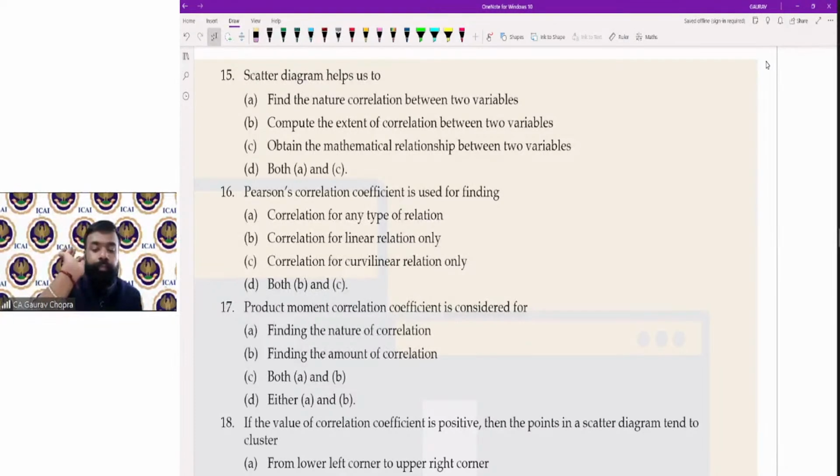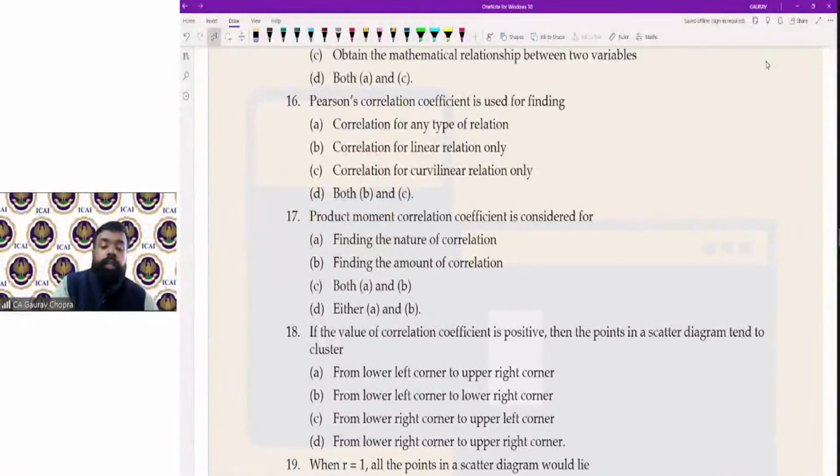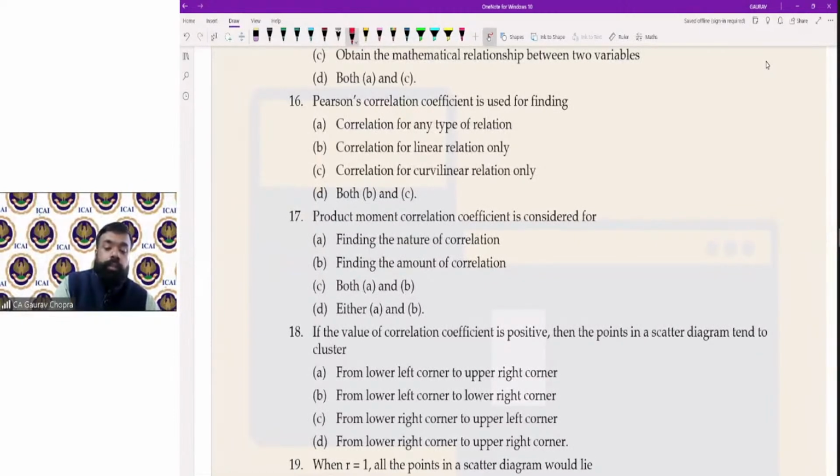ओके, so it finds basically the nature of correlation. Then Pearson's correlation coefficient is used for finding, कार्ल पियर्सन किसके लिए होता है, फॉर लीनियर रिलेशन ओनली, अभी हमने डिस्कस किया था, इट इज फॉर लीनियर रिलेशन। Then 17, product moment correlation coefficient, that is we are talking about Carl Pearson. It is used to find the nature of correlation, that is positive या negative, and also the amount of correlation, उसकी exact value क्या है ये भी हम पता लगा सकते हैं।